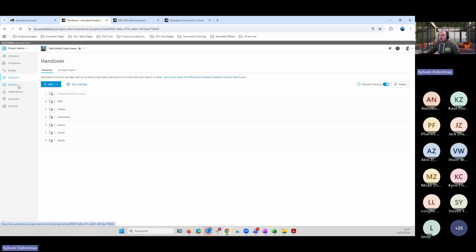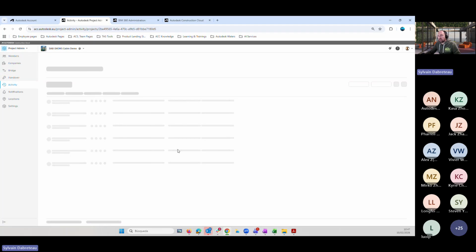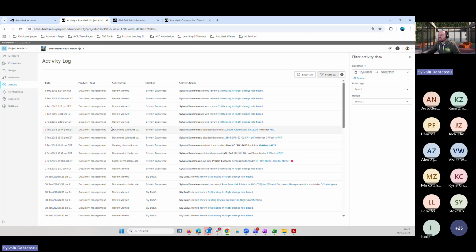Activity logs. Again, that would be for the project administrators. In activity logs, it is possible to pick a date range, an activity type, and eventually a member type, to check what was done between these dates. So let's say that I want to see what was done between the 10th of January and the 10th of February, today, for example, on document management.